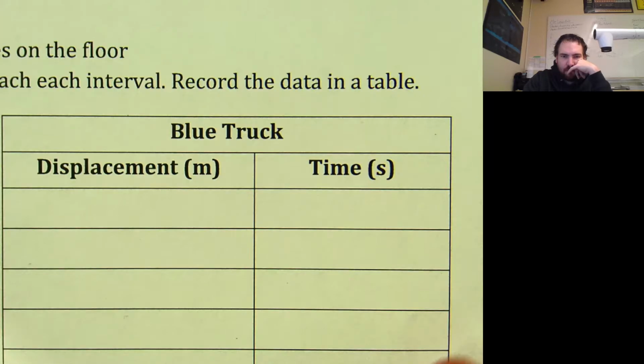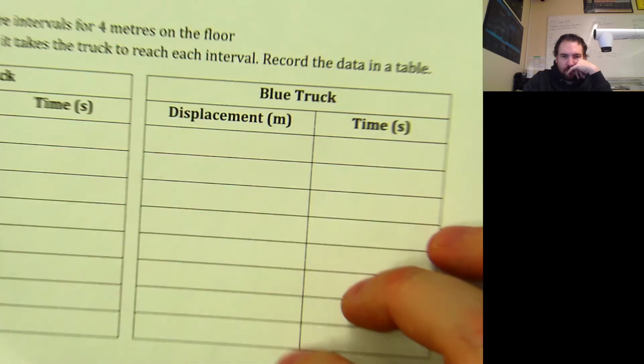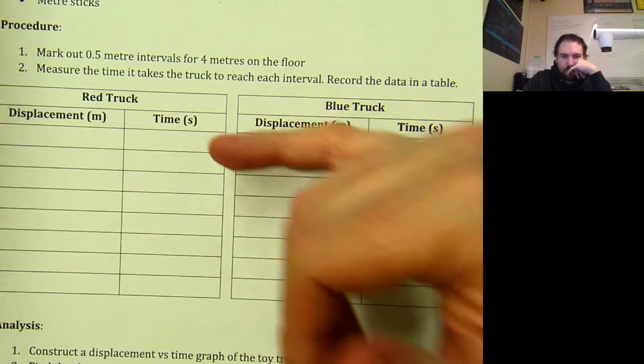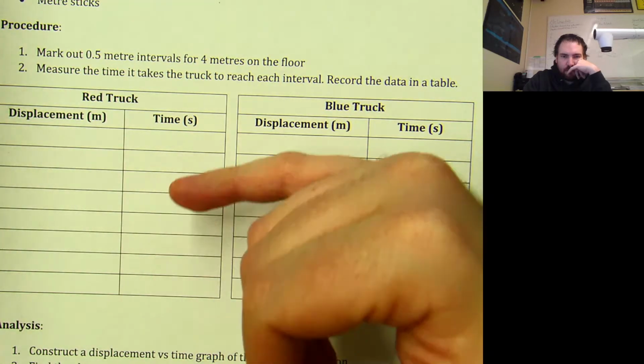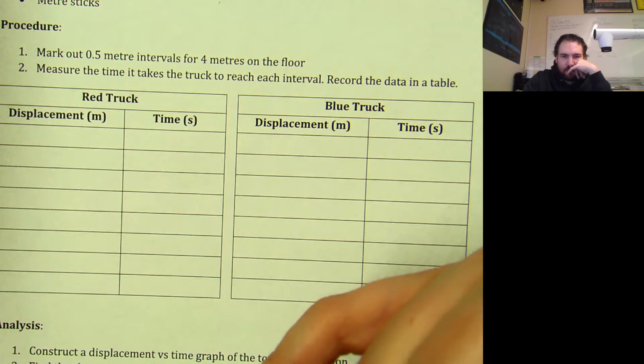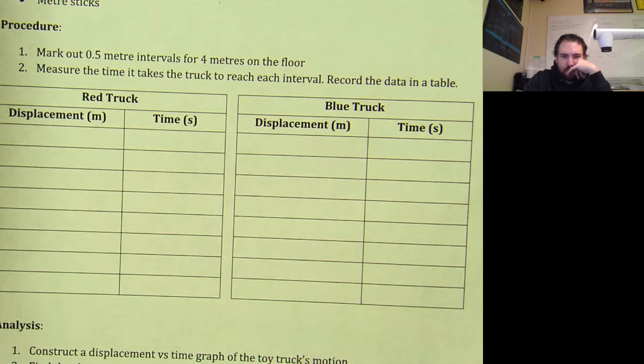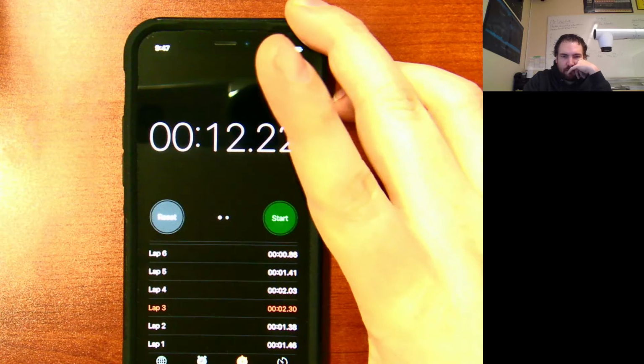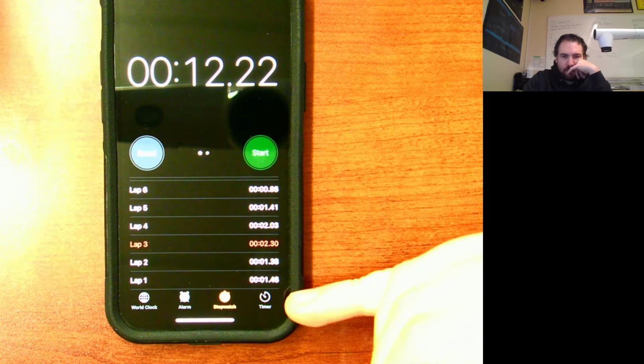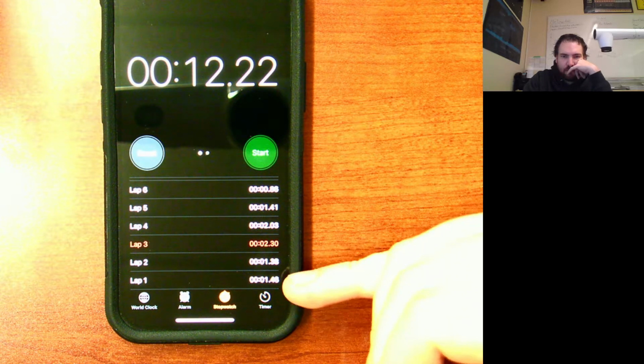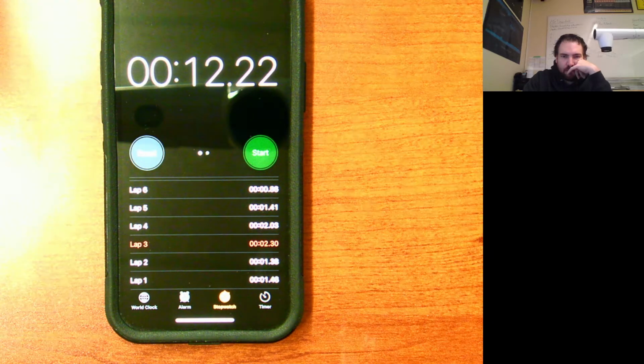These times here that I want you to record are not the times between each marker. It's the time it's gone from where it started. Okay? So if you choose to use the lap function, if you want the time it takes to get from your starting line to your